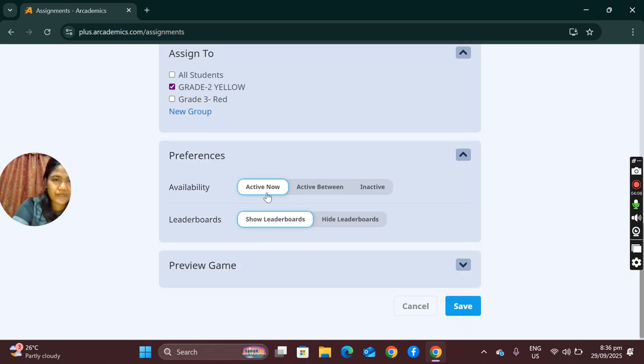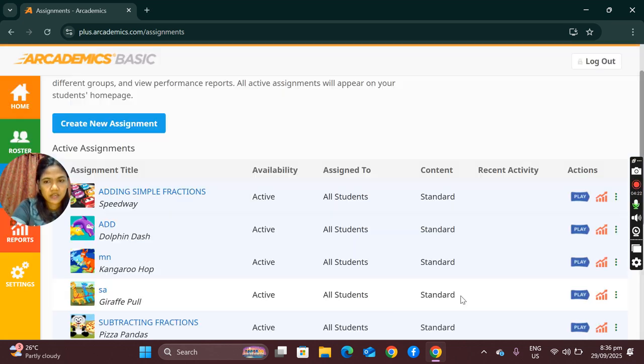Now, in our preferences, it should be active and show the leaderboard, so that we can know who got many scores and who got the lowest score. After that, you will save this.